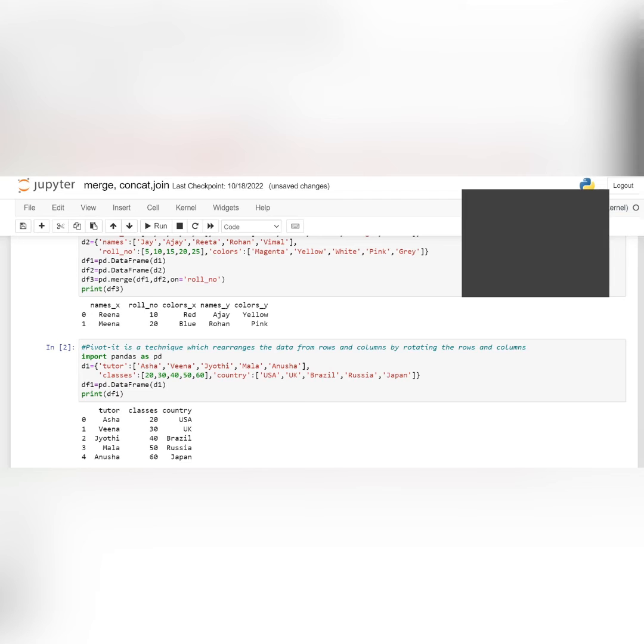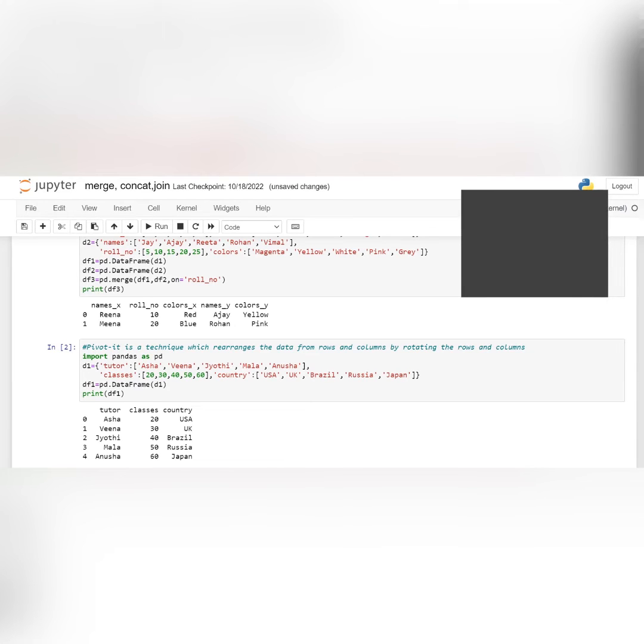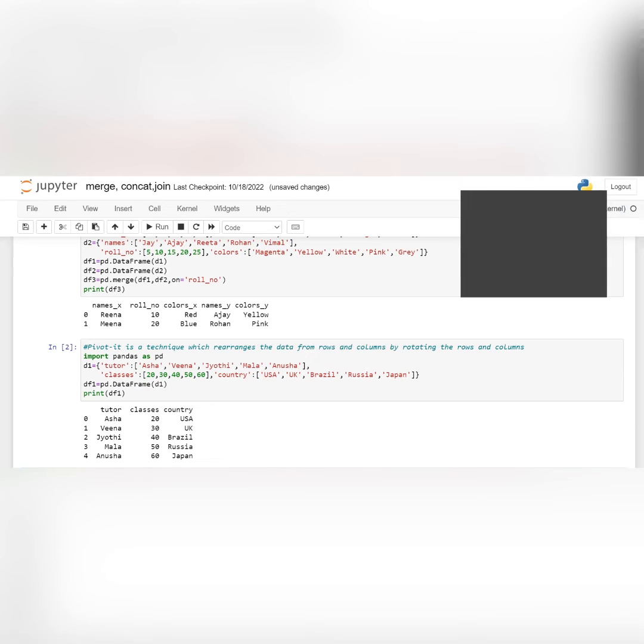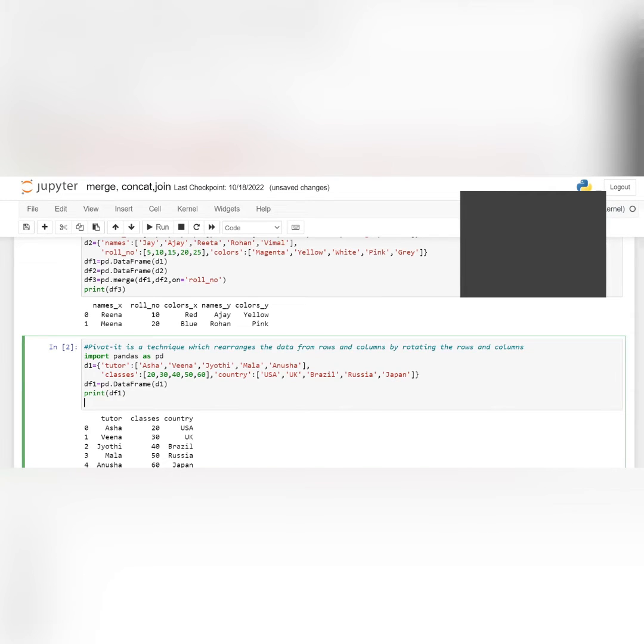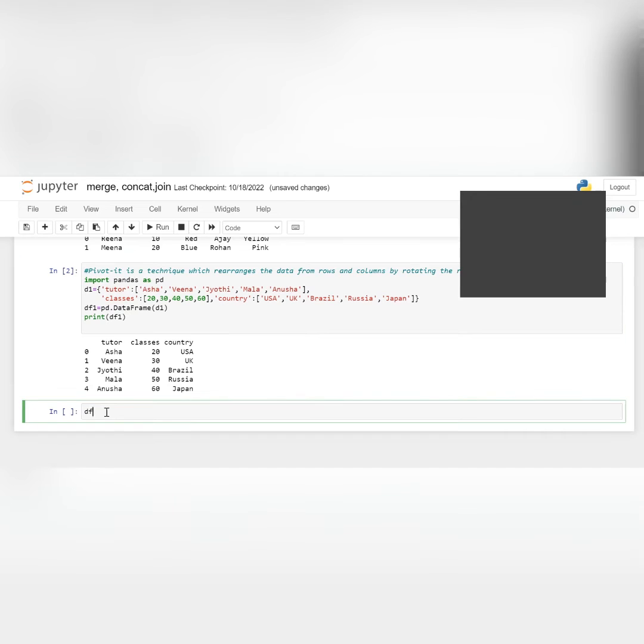Now, this much you already knew. What is the new part which we are going to learn is, once you have represented your data in this form, I want you to pivot it using the function pivot. And how do we do it? What is the syntax of that? We will write df1, next cell, df1.pivot